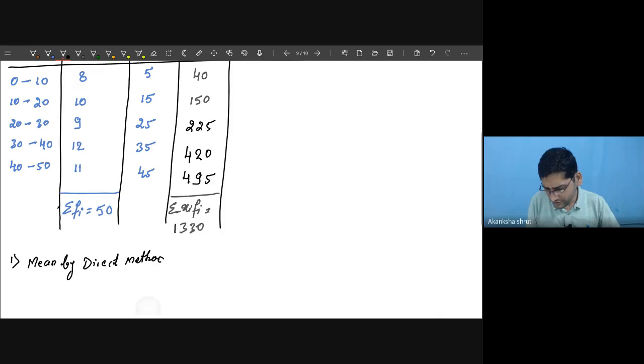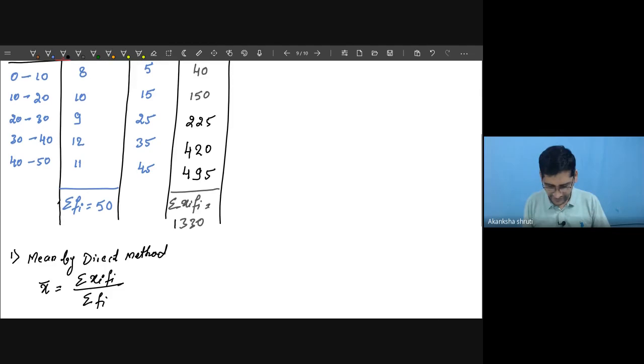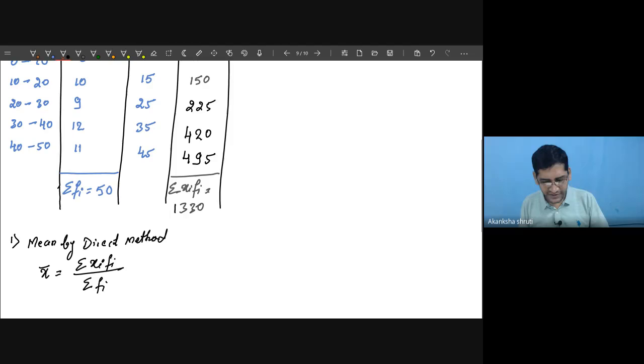This we have solved last day also. Very first, write down the formula: X bar is equal to the summation of xi fi, or you may write the summation of fi xi, meaning the same thing, divided by the summation of fi. Go for just substituting it. You will get 1330